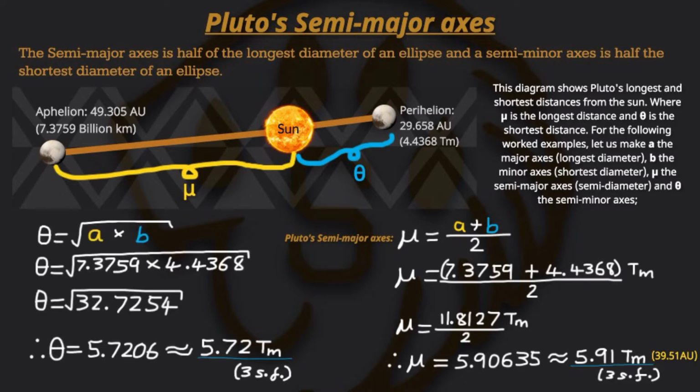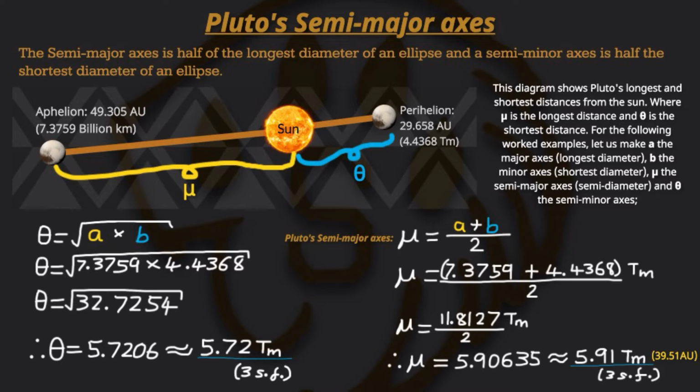For the second example, we're going to try to find the semi-minor axis, which is represented by theta. So theta is equal to the square root of the product of A and B, which is basically the square root of the product of the aphelion and the perihelion. So it's the aphelion times the perihelion, and you find the square root of that. So theta is equal to the square root of 7.3759 times 4.4368. Therefore theta is equal to the square root of the product of the two, which is